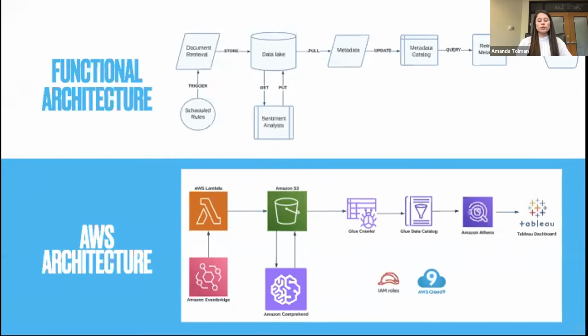News articles were stored as JSON files in Amazon S3. Each JSON file triggered another function that determines the sentiment of the article and puts the response back into S3. New metadata, including data source, file name, title, author, and sentiment, is pulled from S3 and updates the metadata repository in AWS Glue. AWS Athena was then used to access data in the repository using SQL and perform exploratory analysis. Deeper analysis was done on the data using Tableau Desktop.